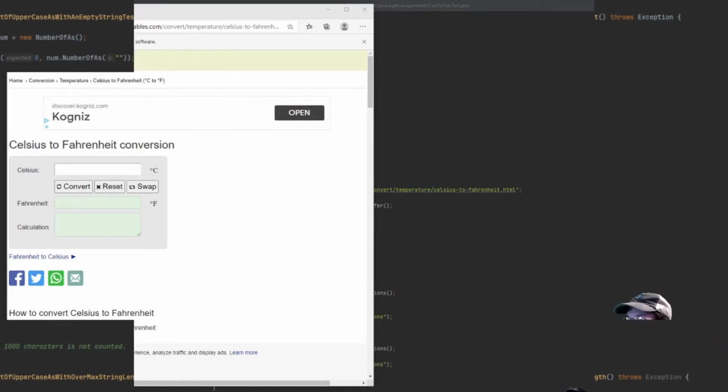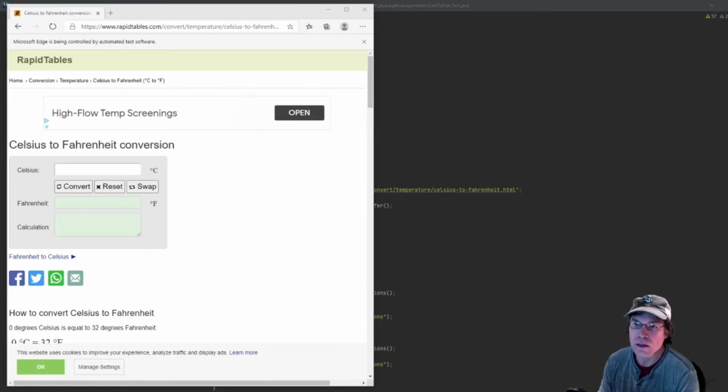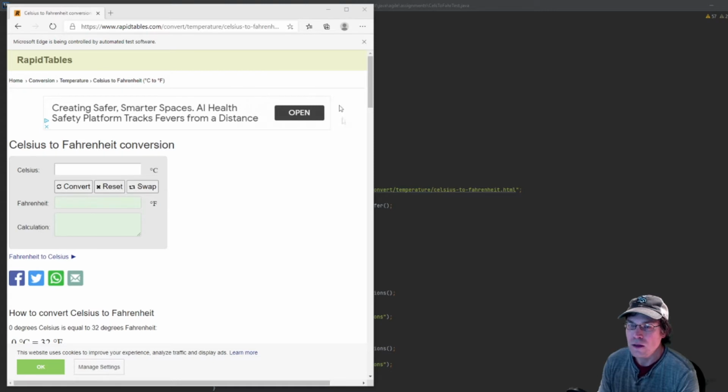Okay, so for the second one, I did the Celsius to Fahrenheit conversion. Basically I did the same approach that we had done before. I used the recorder to record a brief script just so that I could see the basics. Then I went back and manually figured out the reset button and some of the other pieces that I tested. I'll have to remind myself towards the end, there were some things that I wanted to test that I didn't figure out how to test in